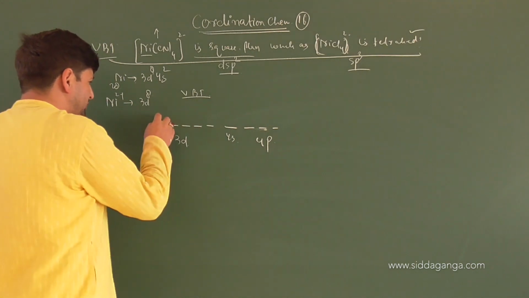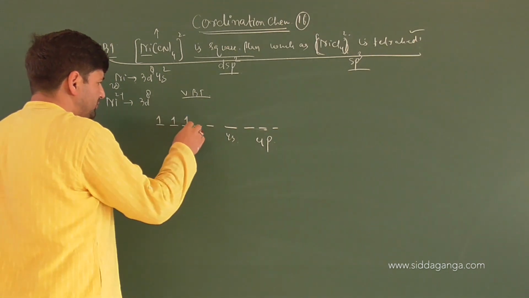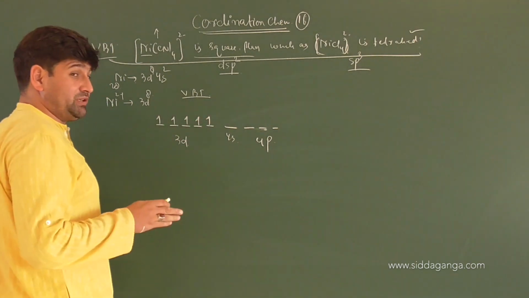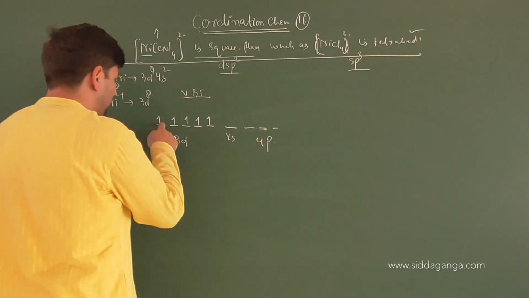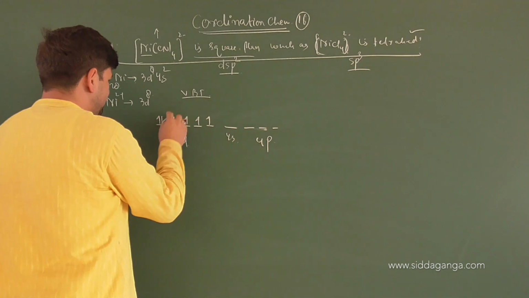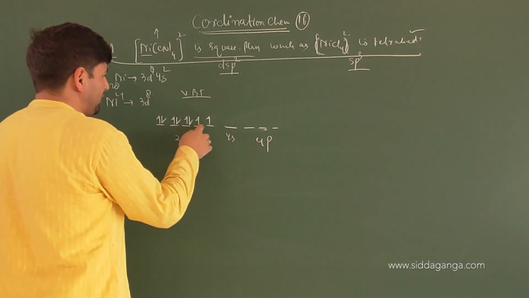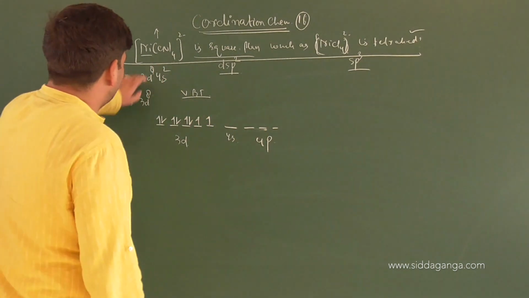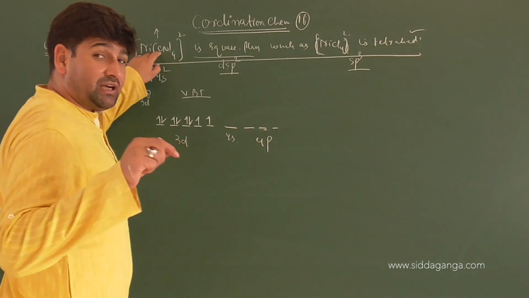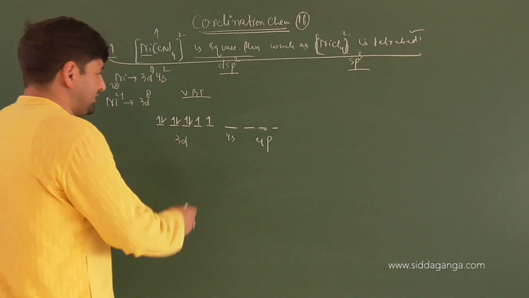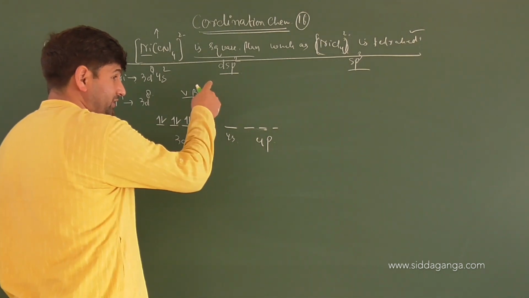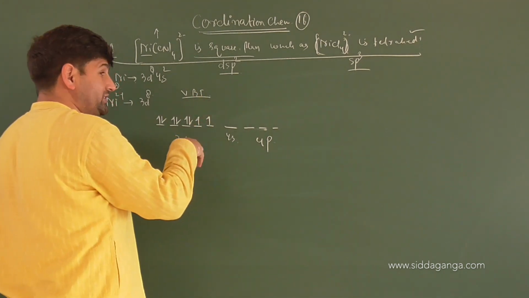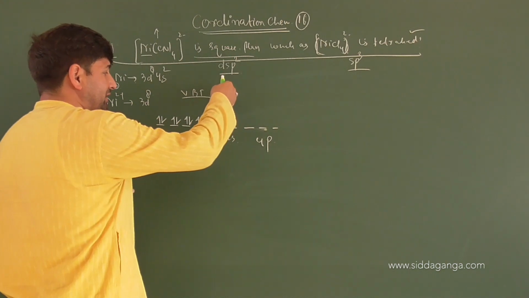Now the number of electrons in d, how many are there? 8 electrons. So I'll give it 1, 2, 3, 4, 5. This is the VBT approach. No t2g, eg set like in the crystal field theory approach. There are 6, 7, 8. So the number of unpaired electrons is 2. For CN, which is coming, you already know why it is happening. Because, children, these orbitals are dx2-y2 and dz2, right? According to crystal field theory, the electron will go in dz2 rather than dx2-y2.